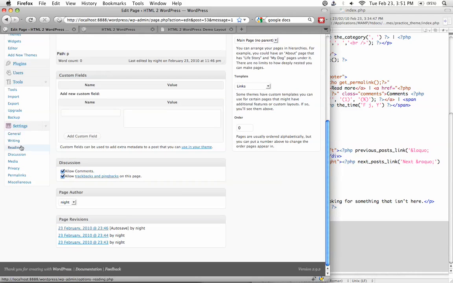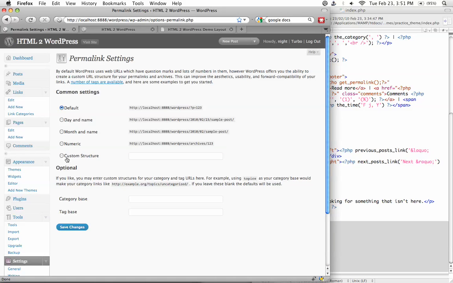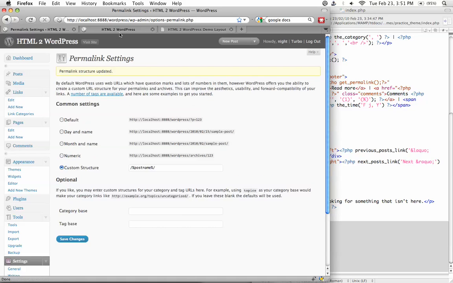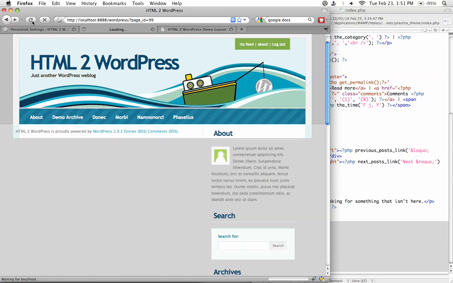So I'm just going to go in and change the permalinks into a format that would show up, so you can see what it looks like. Is that right? Yeah. Save changes. Okay, that's better. So now,